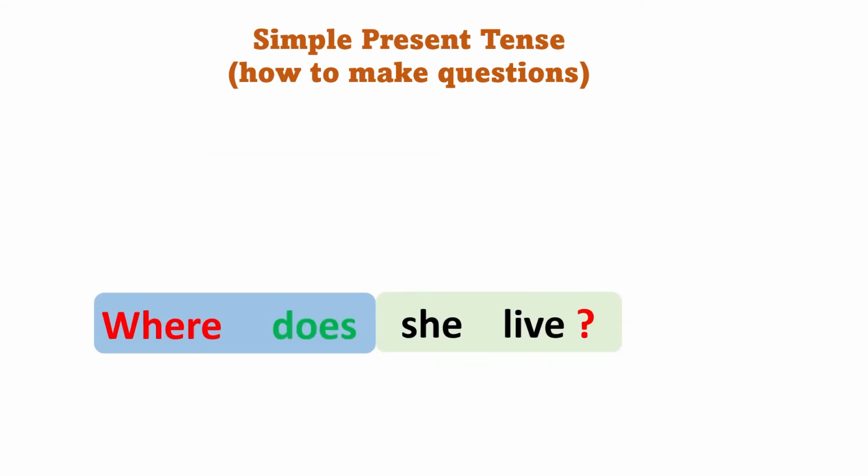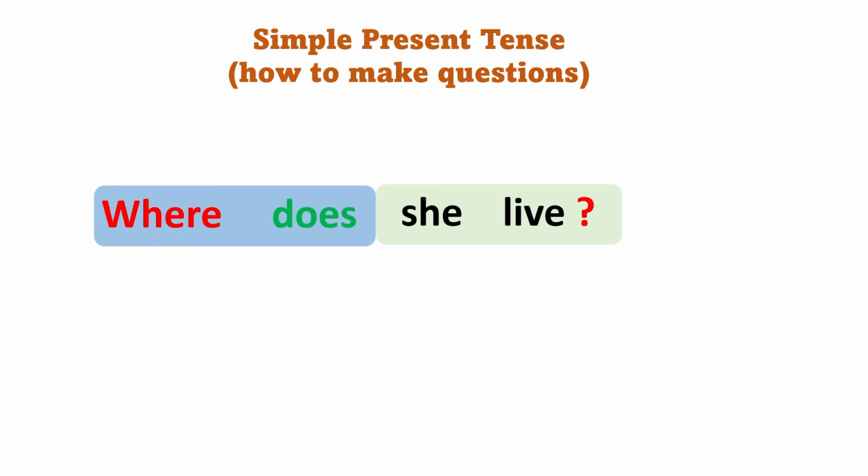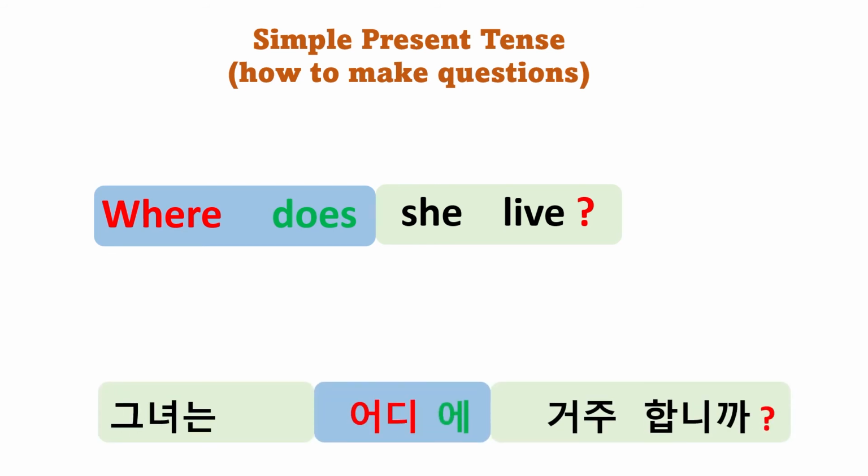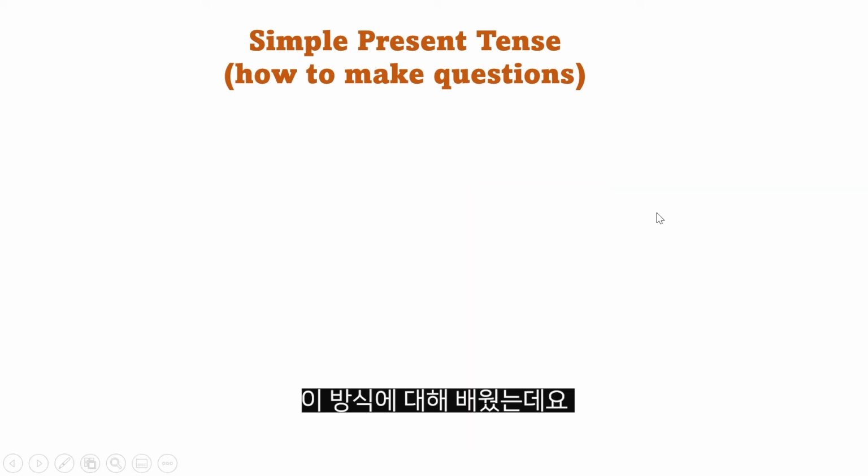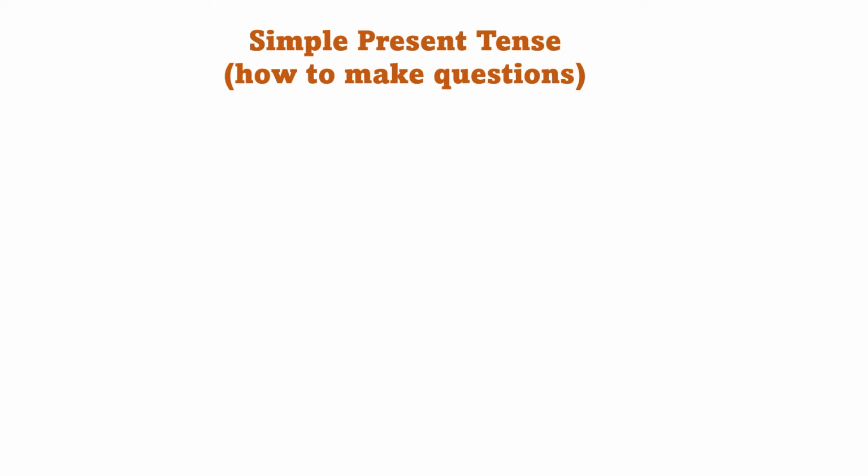Now, let's compare this question with the Korean one. Where does she live? And then in Korean we say 그녀는 어디에 자주 합니까? As you can see, instead of where we say 어디, and instead of does we say 에. 어디에? Where does? Now that you learned the rule, let's go through more examples and see how to answer these